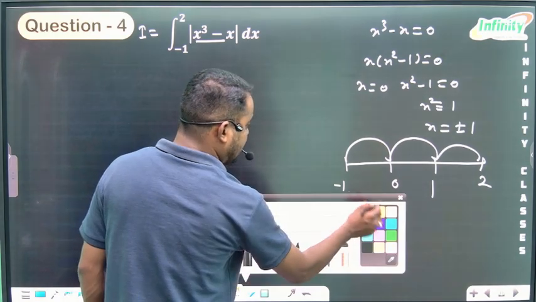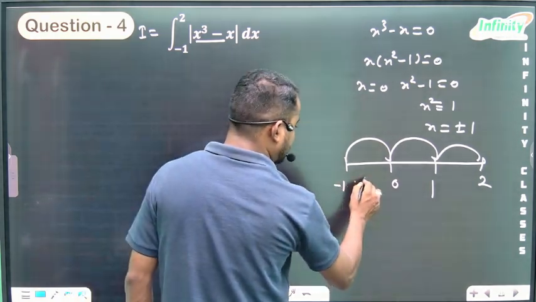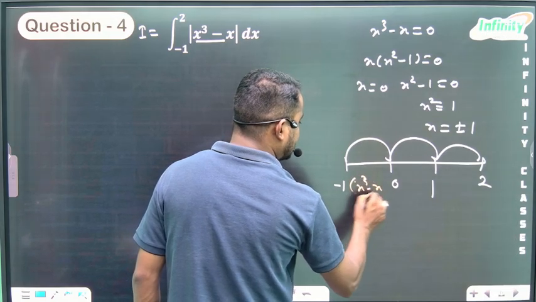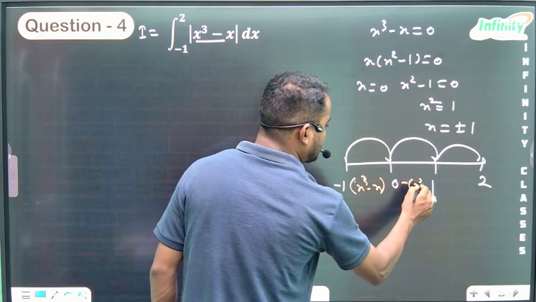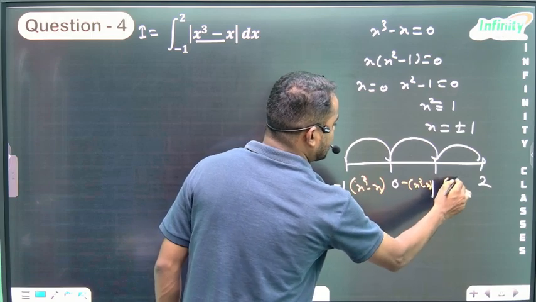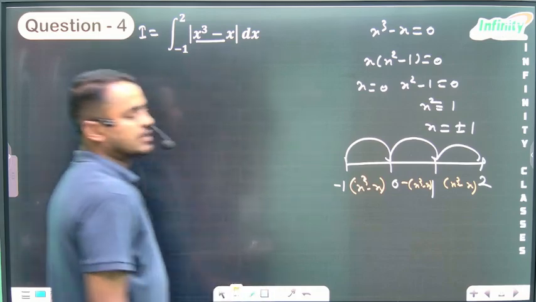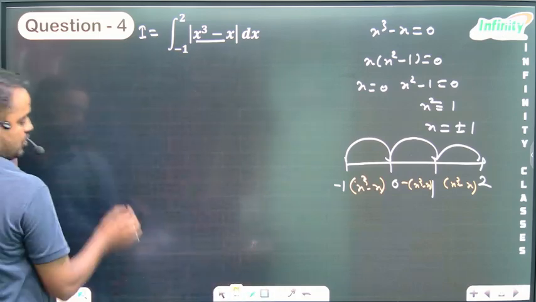In this interval, it is positive, that is x cube minus x. In this interval, here it is what? Minus of x cube minus x. Here it is also what? x cube minus x. So I is equal to, applying the property here,